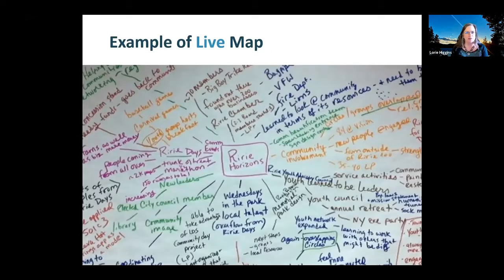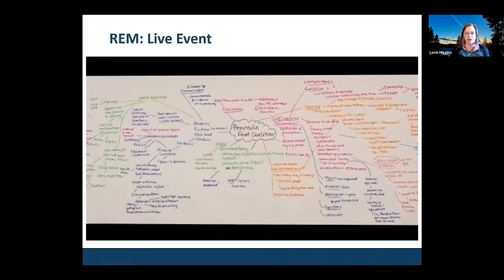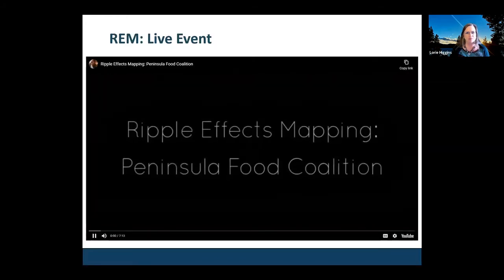So this is an example of a written map and what my handwriting looks like, which will probably make you be glad that Rebecca is typing into a digital map instead of me writing when we get to the part where we're going to have you do a little exercise in ripple effects mapping. This is